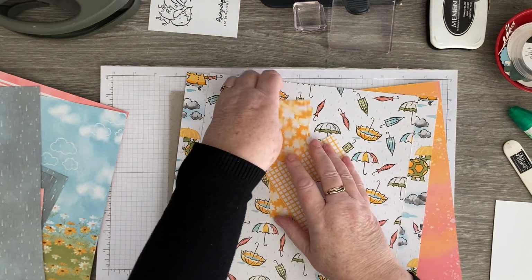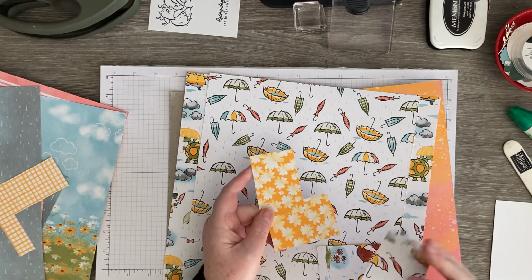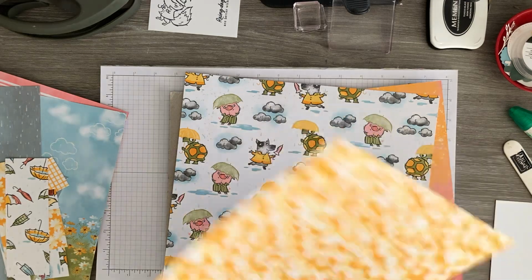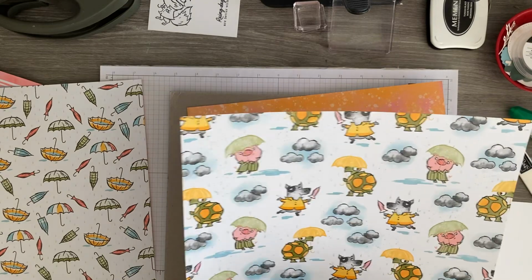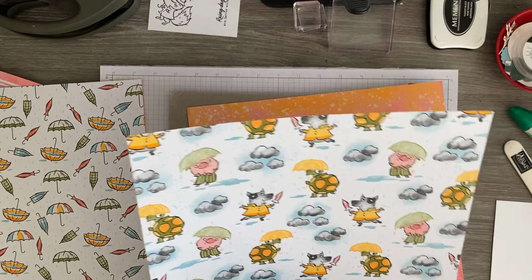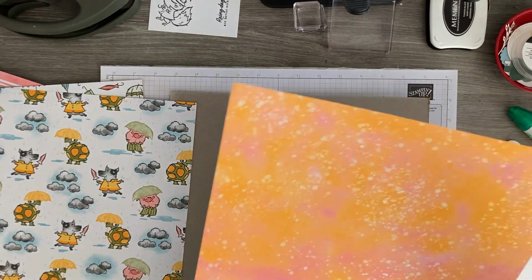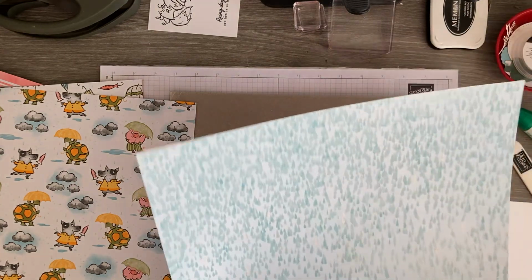And then we've got this really bright flowery one, which is on the back of this umbrellas. There we go. And then there's this one which has got different animals on. So we've still got a turtle, but we've also got a pig and I think that's a dog. Not quite sure. I think it's a dog. On the back of that, we've got raindrops. And we've got this really bright sort of bokeh effect with more raindrops, and this is textured as well with